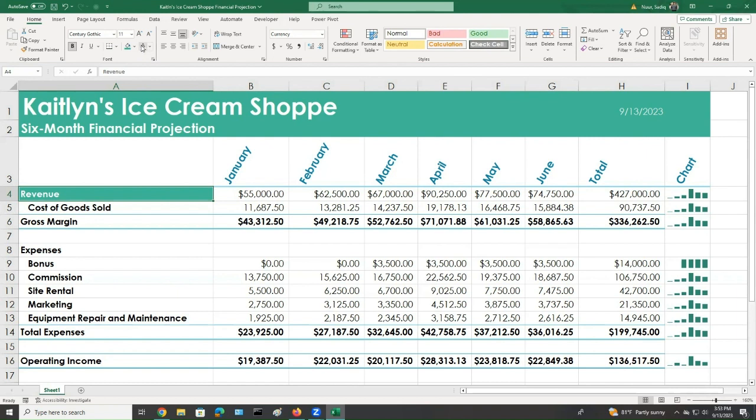Now, once you have done that, then we will use the format painter to use the same formation in the other places we want. So in this case, revenue color, I will paste the same color to the gross margin and to the operating